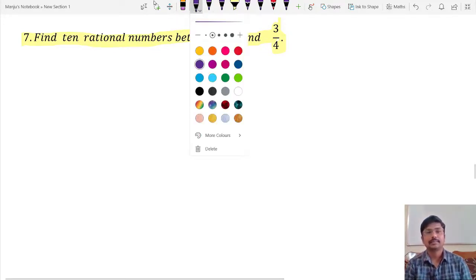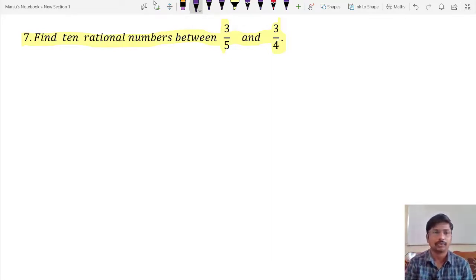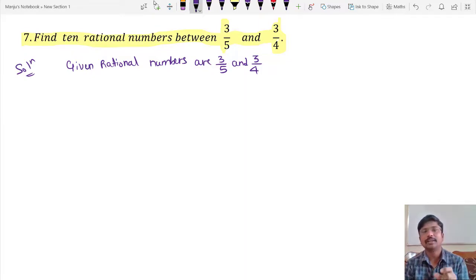Solution. The given rational numbers are 3 by 5 and 3 by 4. Since the denominators of the given rational numbers are not the same, therefore we'll consider